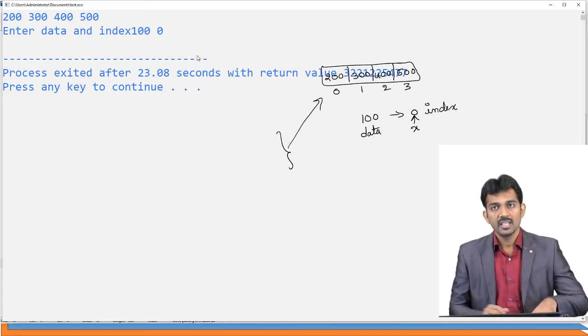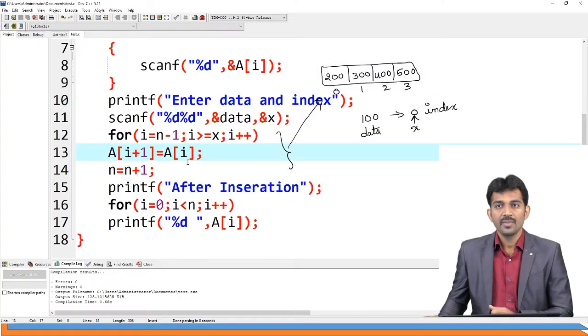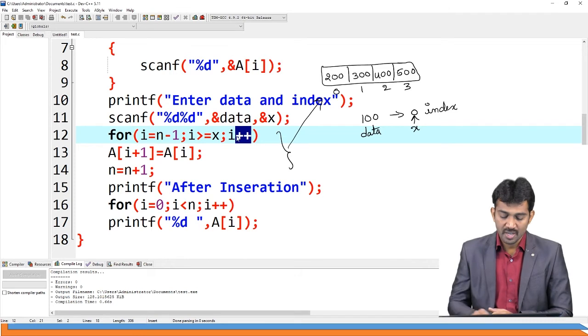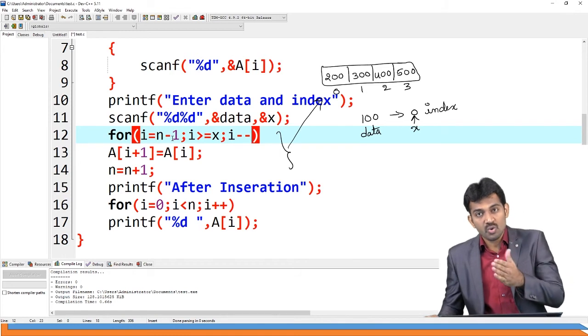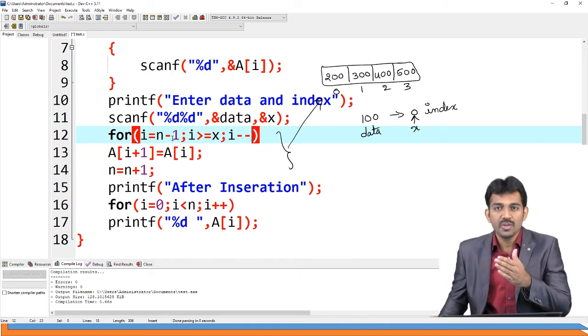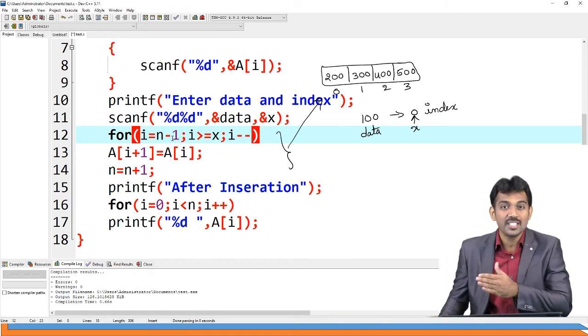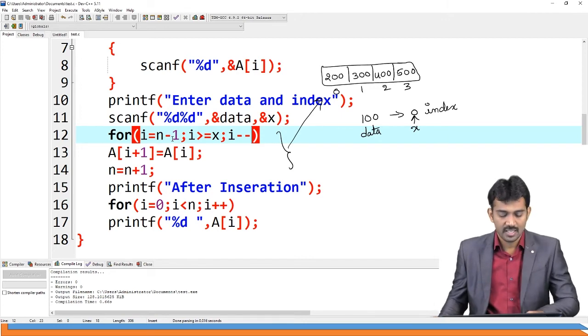What is the error? Can you find it? Here, I used i plus plus. What should I use? I should use i minus minus, because here this value took n minus 1, n minus 2, n minus 3. Should take i minus minus instead of i plus plus. That is the error.